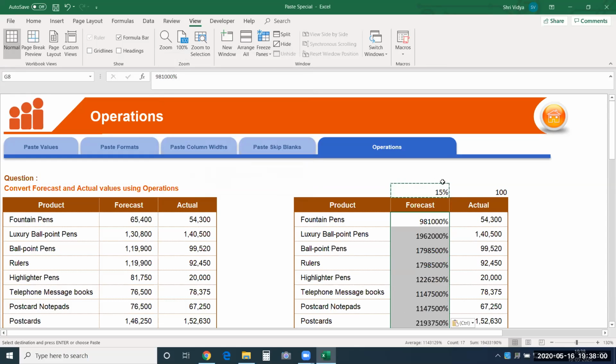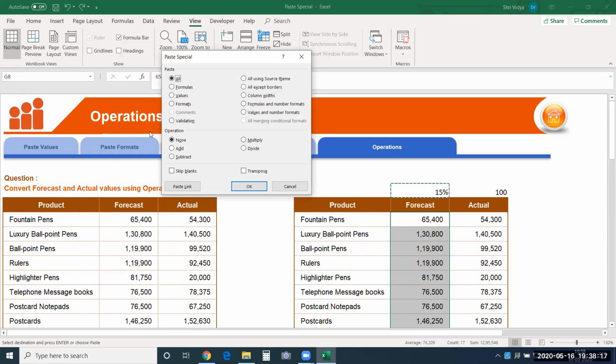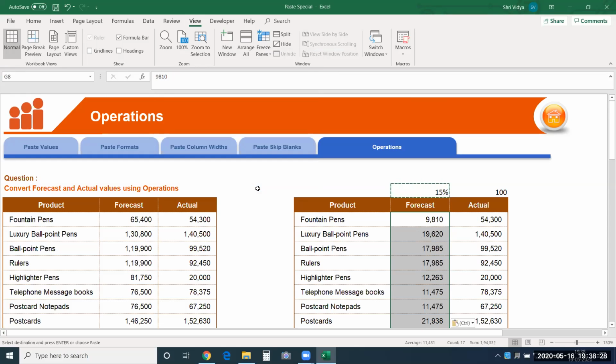But you can see even the formats are taken from this particular cell. So we don't want the format of the cells in the column to be affected. We only want the calculation to be performed. So let me undo it. Again, I'll say paste special. See, this time I'll choose formulas so that formats of these numbers are not going to be affected. Then I'll choose multiply and say okay.